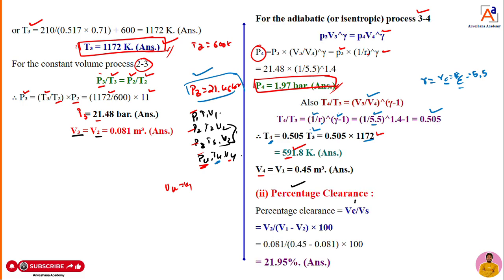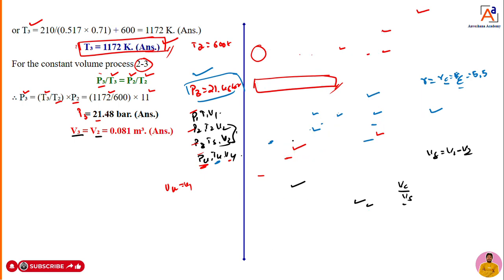So VC by VS. What is VS here now? Swept volume, dear students. Sorry. Percentage clearance formula is, just a minute, sorry, VC divided by VS, not V1, VT, dear students. But what is VS here now? VS we already know. Total volume minus clearance volume. That means the volume between